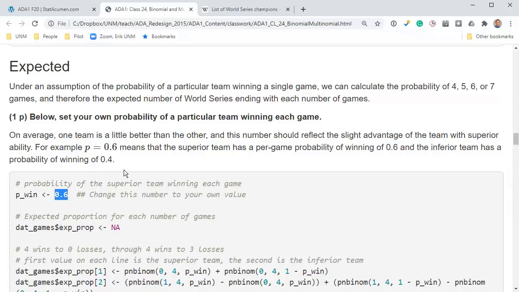So my assumption here is that on average, one team is a little better than the other. And this number, the 0.6, should reflect a slight advantage of the team with superior ability. So for example, this 0.6 means that the superior team has a per game probability of winning of 0.6, and the inferior team has the inverse of that, 0.4. And so some of the assumptions I'm making is that